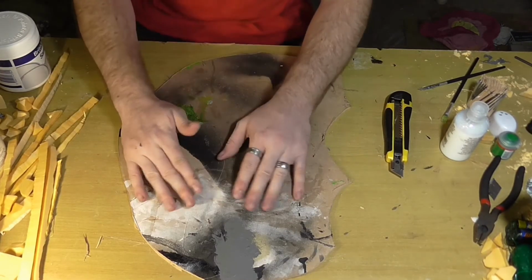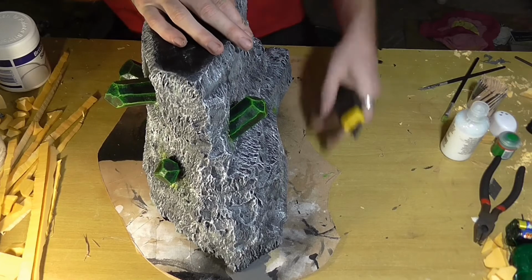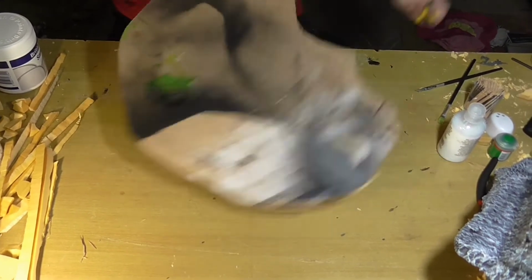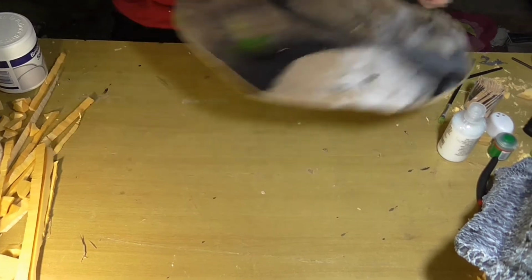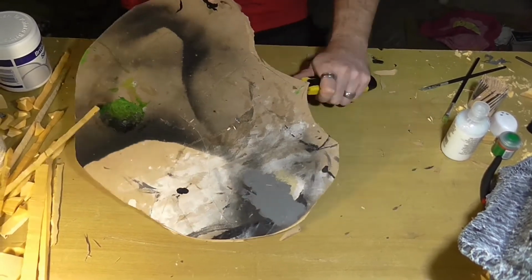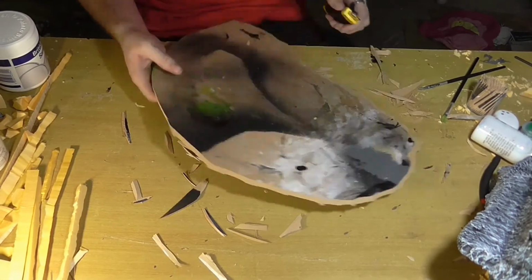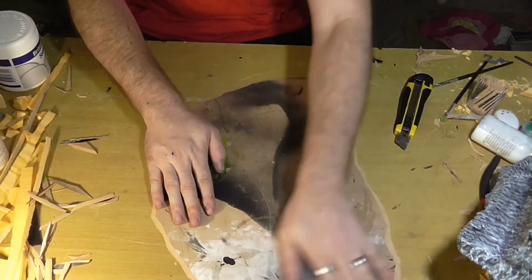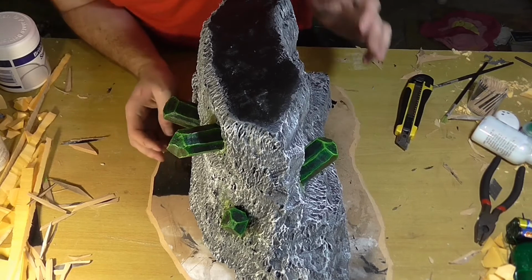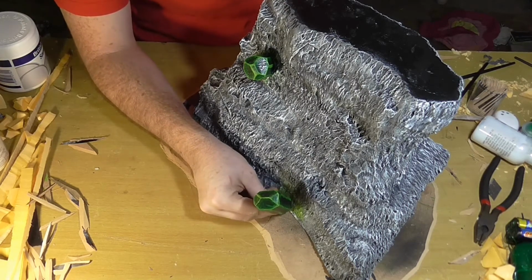Now we just need to bevel off the edges as we normally do. I just want to score a line around to get rid of these bumps from where I've cut other bases out of it. And you just take your knife and you start beveling off the edges. There we go, we now have a nice large base that it's going to go onto, and it fits on there quite nicely. So now we're going to bring in that crystal, and it's going to end up in there,